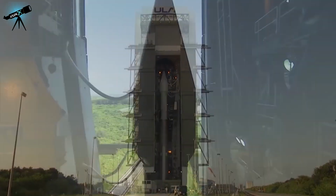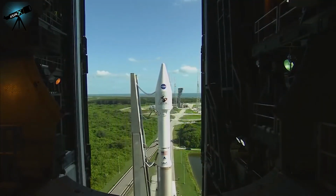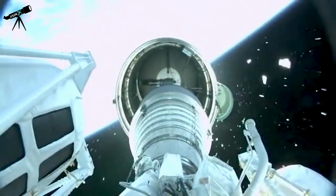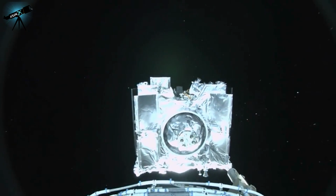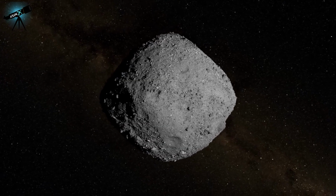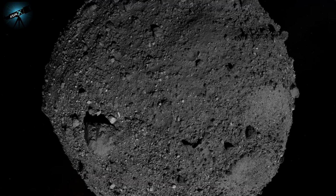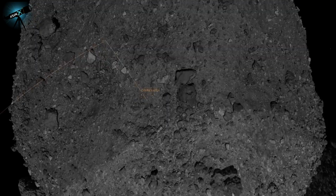OSIRIS-REx is NASA's first asteroid sample return mission. It launched in September 2016 on a journey to explore a near-Earth asteroid called Bennu. After arriving in 2018, OSIRIS-REx spent nearly 2 years orbiting Bennu, mapping and studying its rugged terrain before carrying out